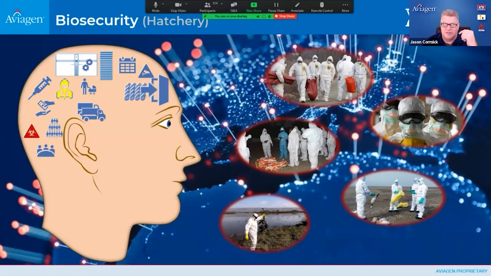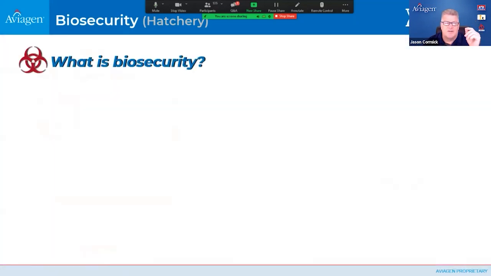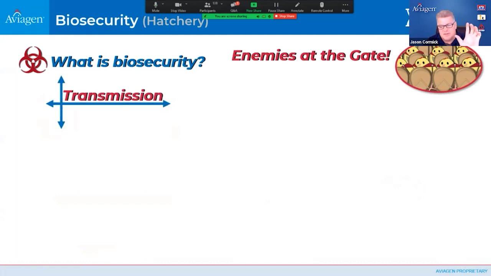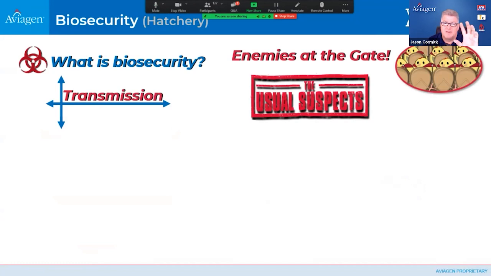on biosecurity. So we're going to look at what is biosecurity first of all. We will look at enemies at the gate. It will become clear as we go along. We'll look at the kinds of transmission. The usual suspects. So the usual suspects are those pathogens that we typically see in the hatchery, the key ones that give us the biggest problems. We'll look at what is a vector and why that's important,